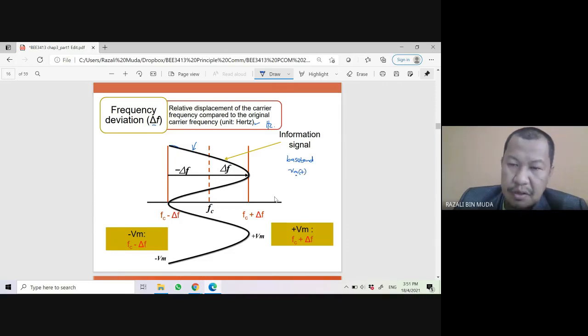This sine wave has amplitude, right? This is the positive peak, and this is the valley, or the negative peak. So basically from the peak to the valley, it represents